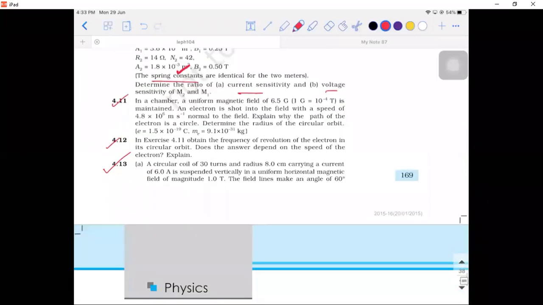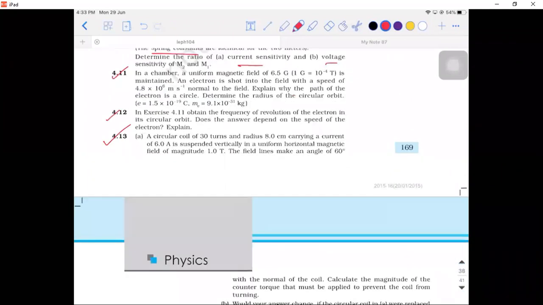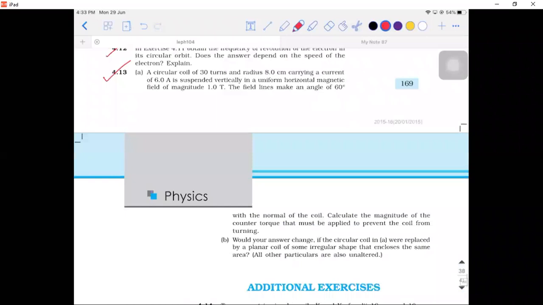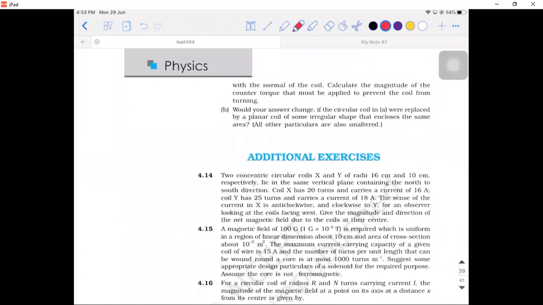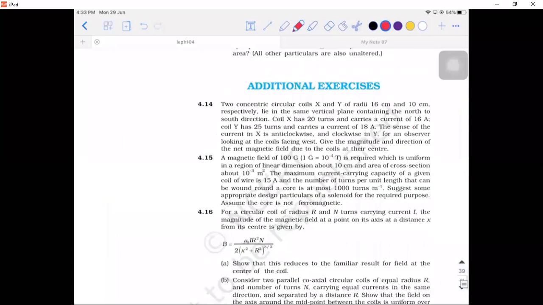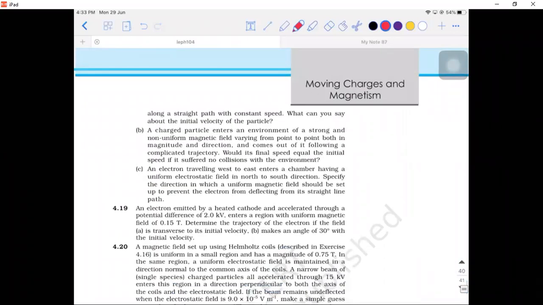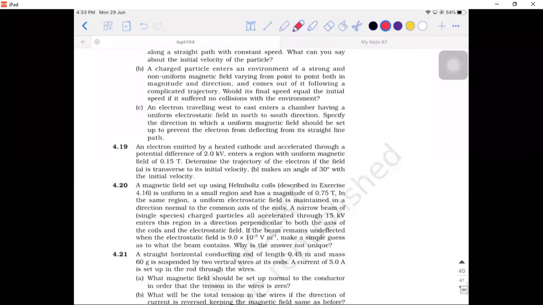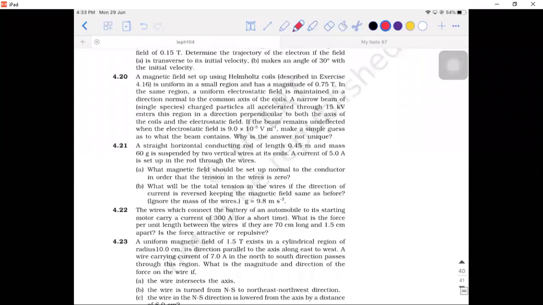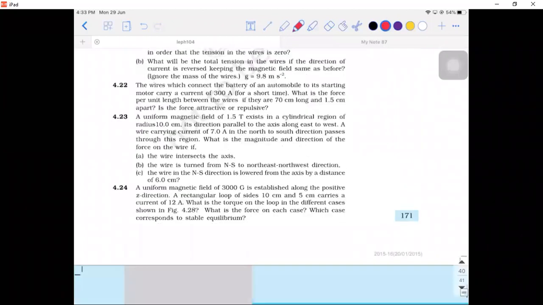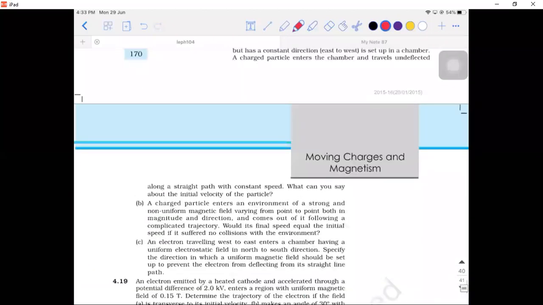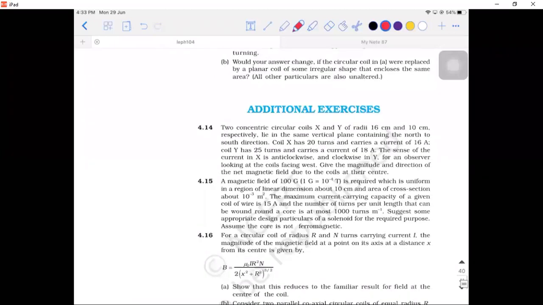Other questions we have done. So 4.11, the 11th one, 12th one, 13th one, you can directly apply the formula and then do it. Let me do some important problems. Actually, you need not do the additional exercises for all the chapters, but sometimes, if you are asked a slightly tougher question, maybe you will get it from there. But not every question will be asked. I'll tell you what are all important and which get repeated most. So we can try the 14th problem.